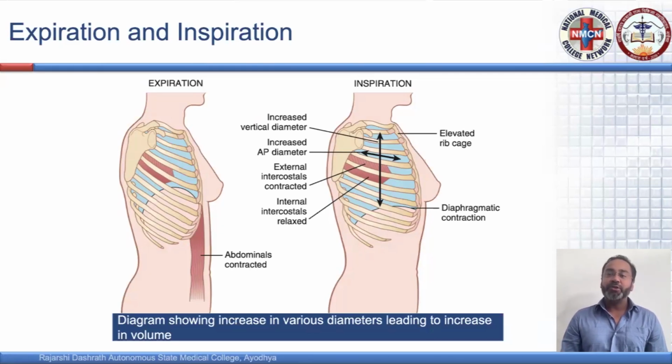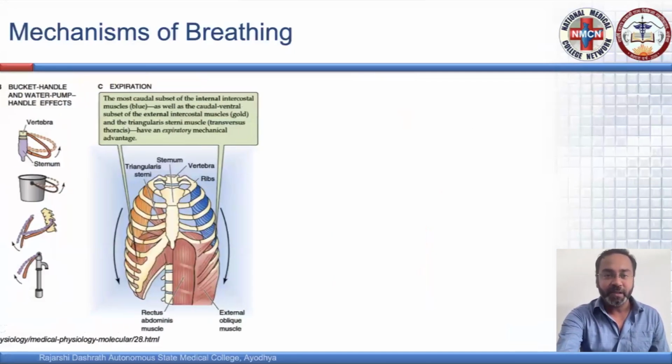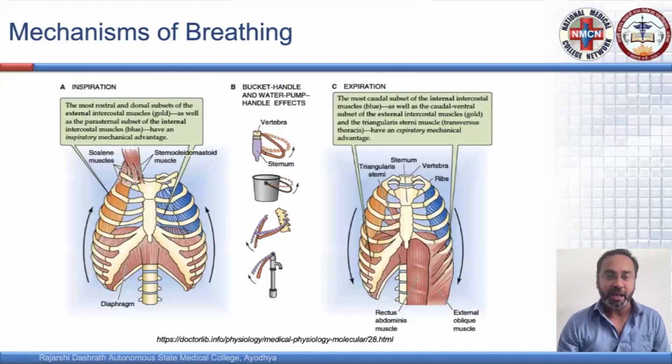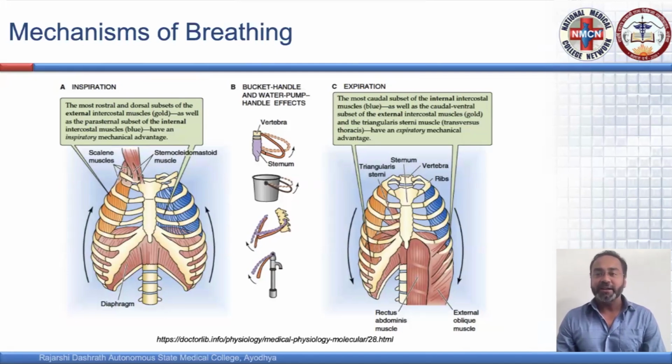These muscles originate from the lower surface of the upper rib and insert on the upper surface of the lower rib. It has a direction like this: it goes downwards, medially, and forward. Whenever they contract, they lift the lower rib upwards. I will try to show it through a diagram. You can see in this diagram that whenever the external intercostal muscles contract, they lift the